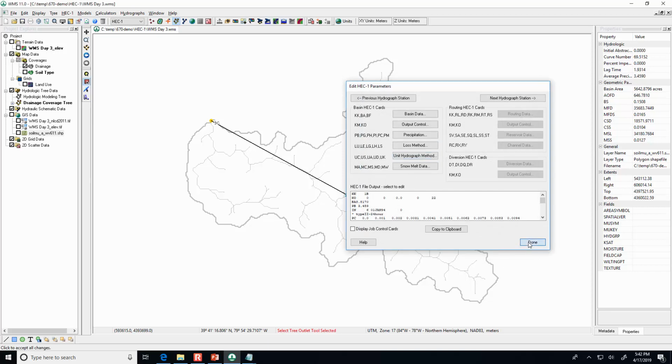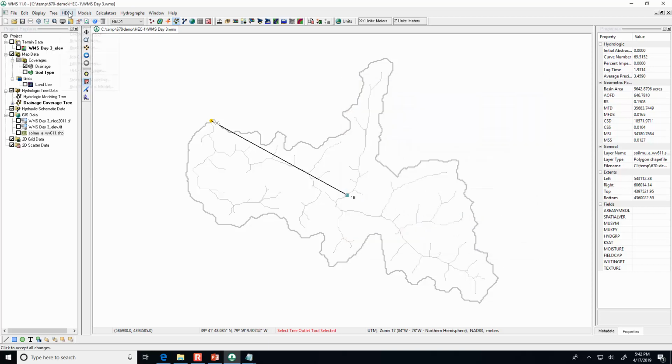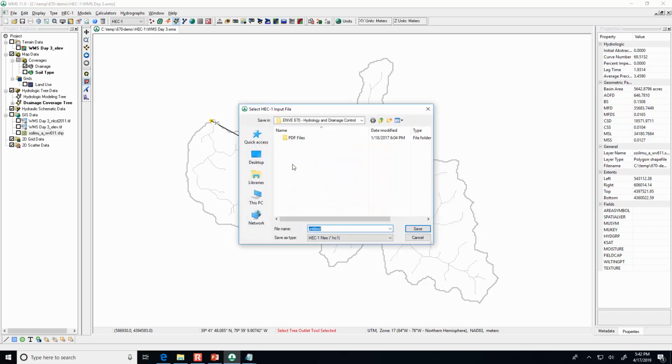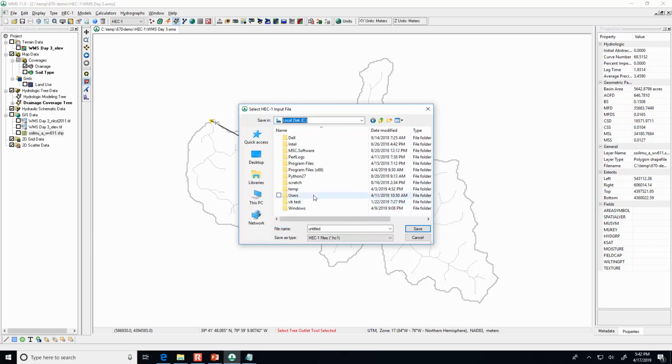All right. So what we can do now is here under the HEC-1 model, if you have it do run simulation, this is one of the tricky things that we sometimes get an error message from. HEC-1 is kind of an old model, and it can't handle it if your model file is deeply buried in so many subfolders.